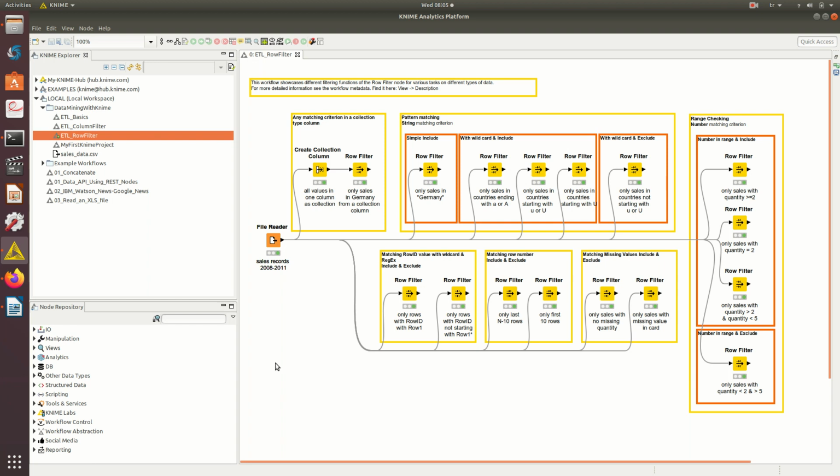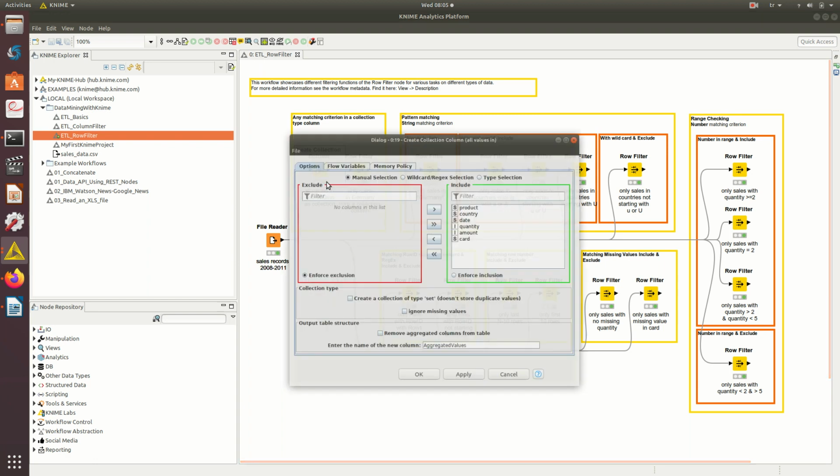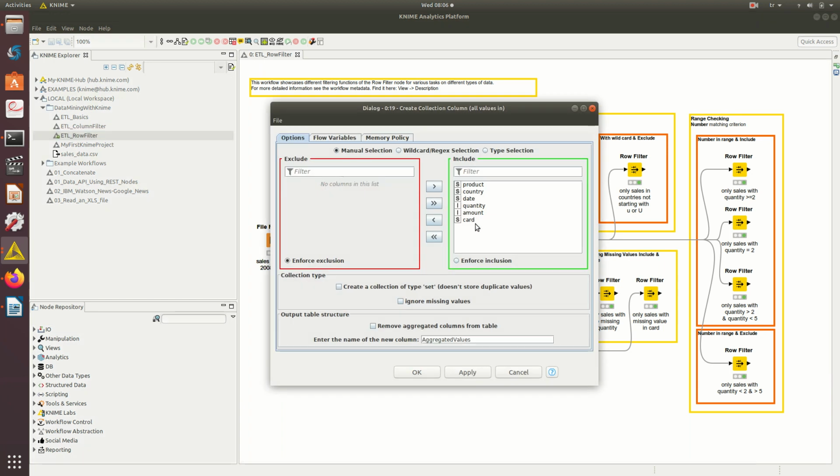So I'll show you a few examples of that, and this is really the basic one. I know we have advanced filters as well, which we will talk about later on, but let's start with the basic filtering. In the first example, we will create a new column aggregated based on other attributes. So let's look at this configuration. Let's say I want to eliminate card and amount, and I create a new column based on only these attributes, and I call it aggregated values. I say OK